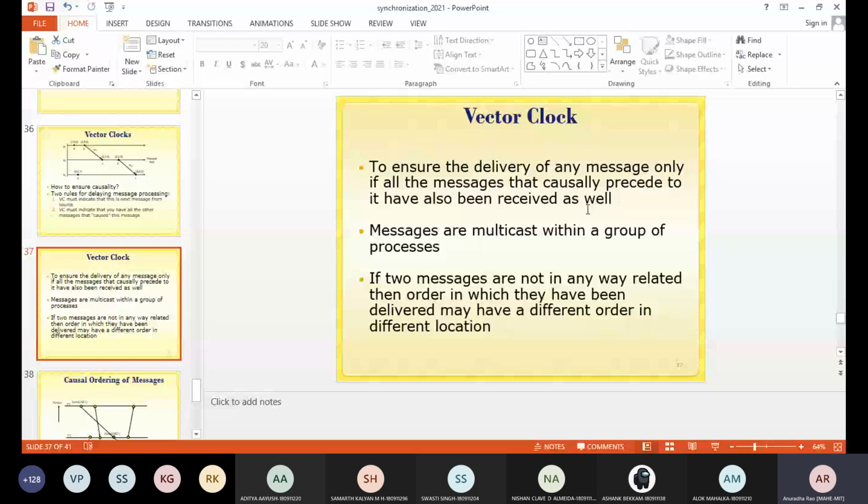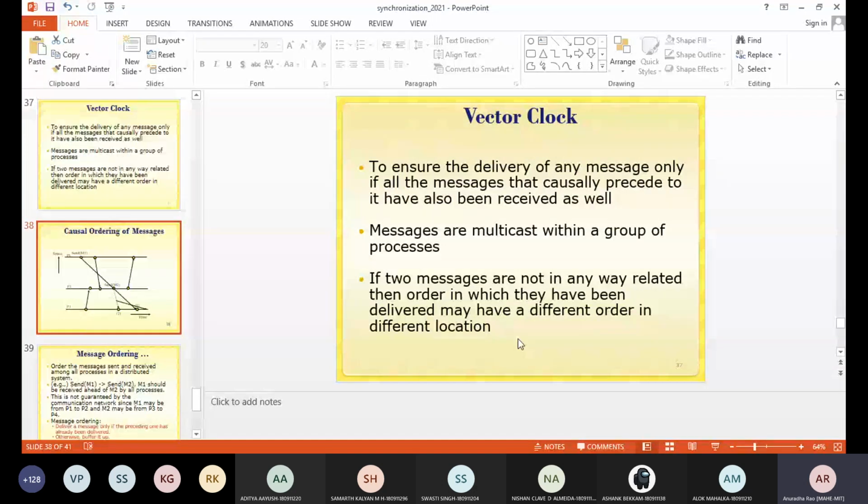Messages are multicast within a group of processes. If two messages are not in any way related, then the order in which they are delivered may be different in different locations. This is what is considered, and you are able to make the causal ordering of messages.